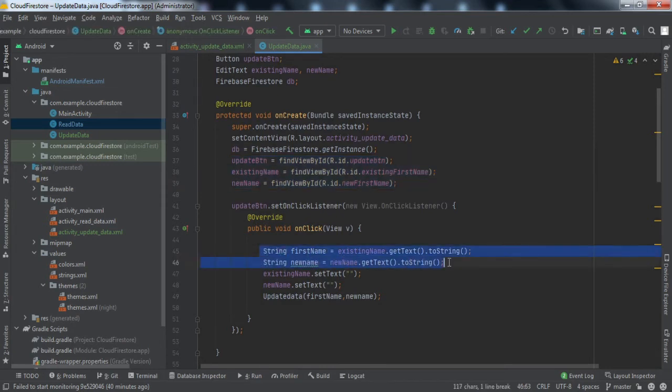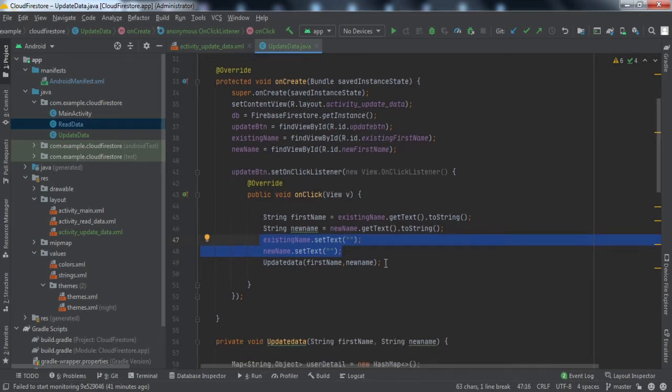Inside the on-click listener we get the first name and the new name from the edit text fields. Once the user inputs these values, we get those values in these strings. Then we set the text of those input fields to empty, because once the update button is clicked, we do not want the same values to be reflected in those fields.